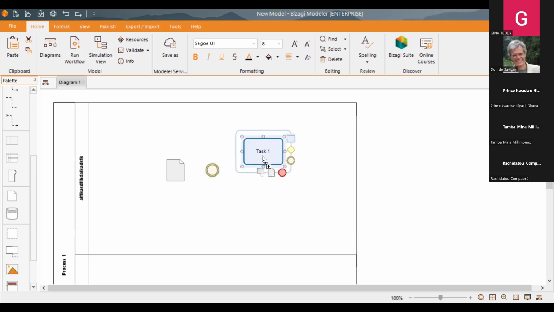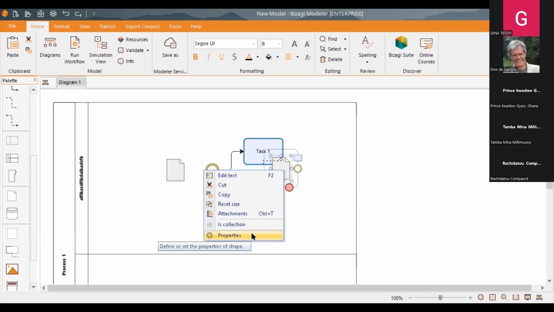So if we had a task here, we can drag out the document for that task, and I usually overlap it so it looks like it belongs to that task. Okay, and again, you can right click and change its properties and describe what it is, attach the PDF of that form or whatever it is to that